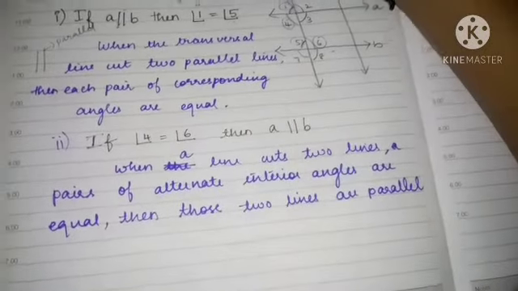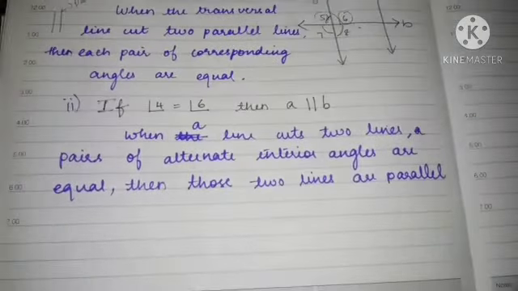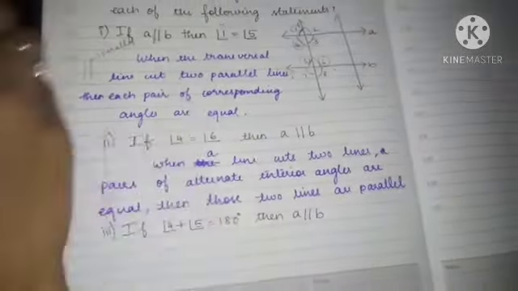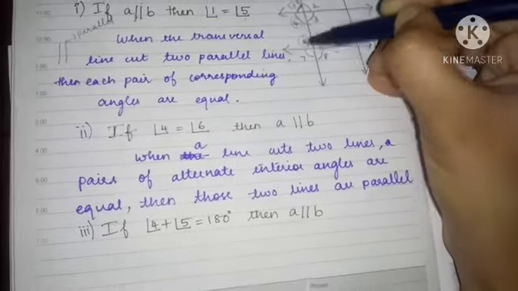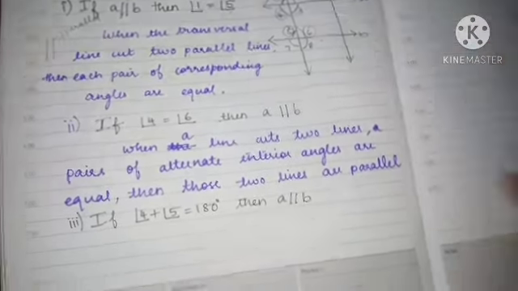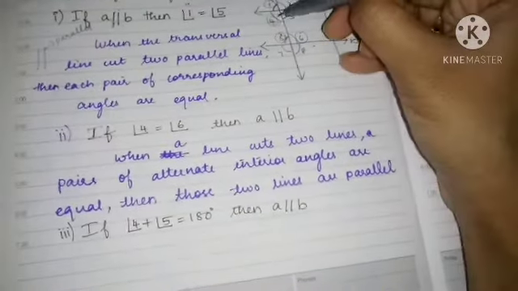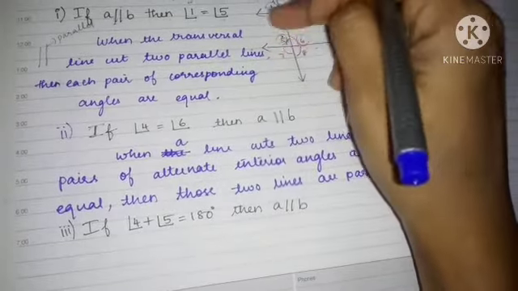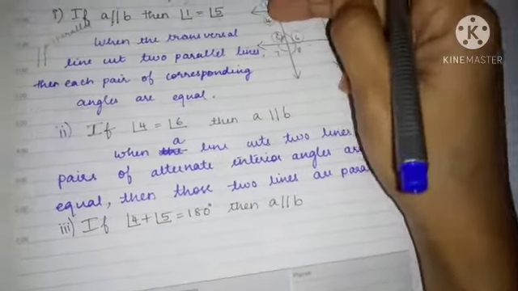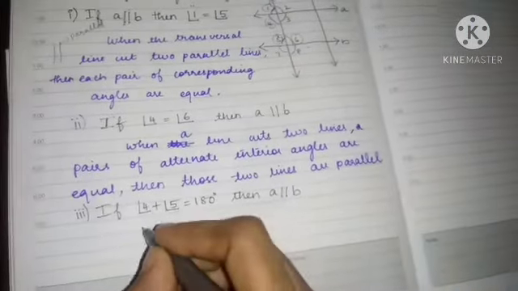Okay? Next is your third subdivision. What is your third subdivision, children? If angle 4 plus angle 5, listen, which is 4? This is 4 plus 5. These two, 4 and 5, we should check, equal 180 degrees. So what is the property, children? The interior angles on the same side of the transversal form a linear pair, which means if you add these two angles, you will get 180 degrees. So that is the property.